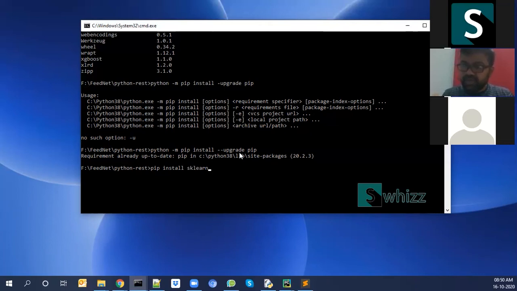So whatever library you want to install in Python, you will go with pip space install space the particular package or library name. Okay. It's installing.